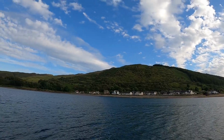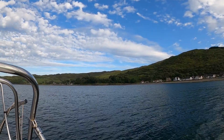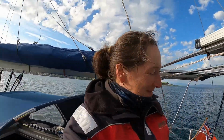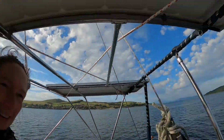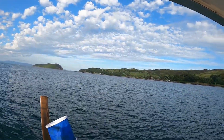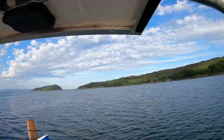Welcome to Campbelltown anchorage. Just off these houses and off the small craft moorings, I've opted to come out, and I'm in 10 metres of water because I just am, because I like it. There's two more boats over there at anchor. There's a huge anchor area, and